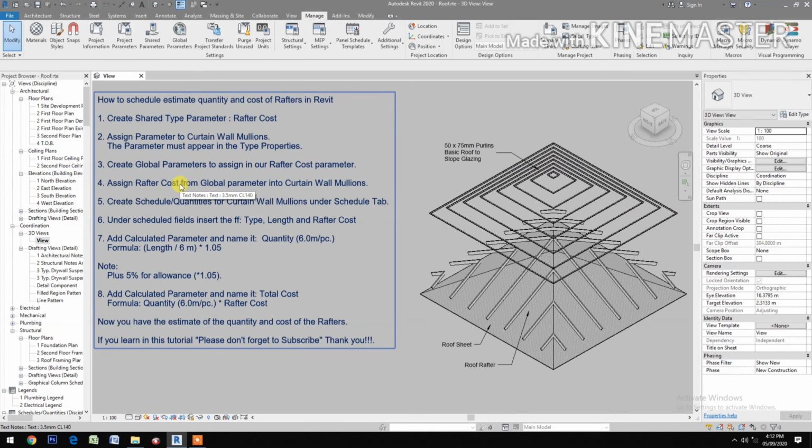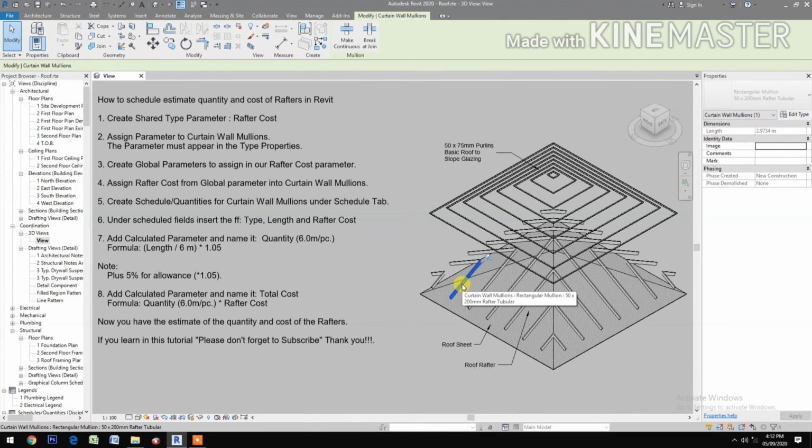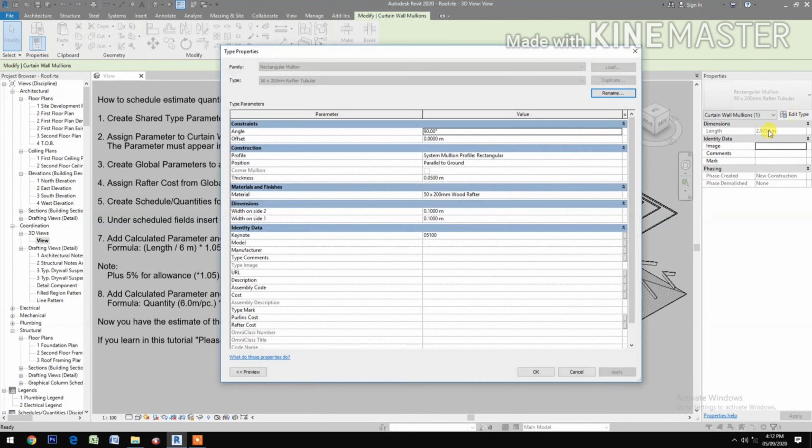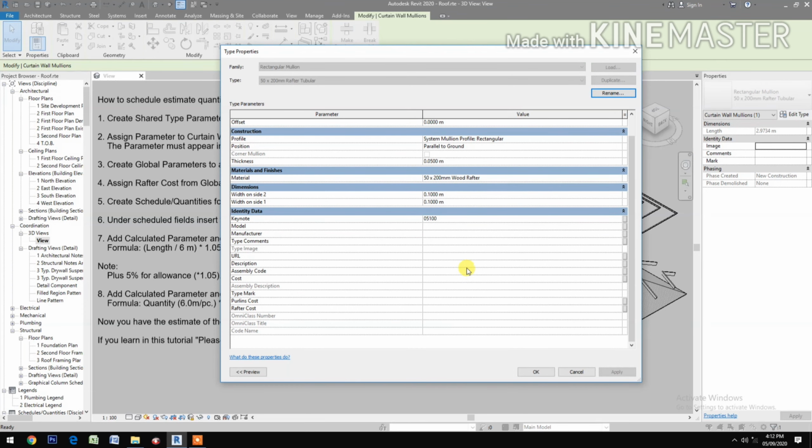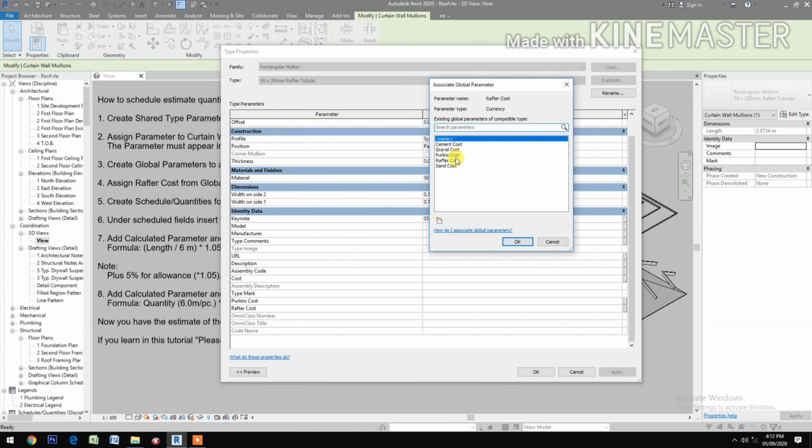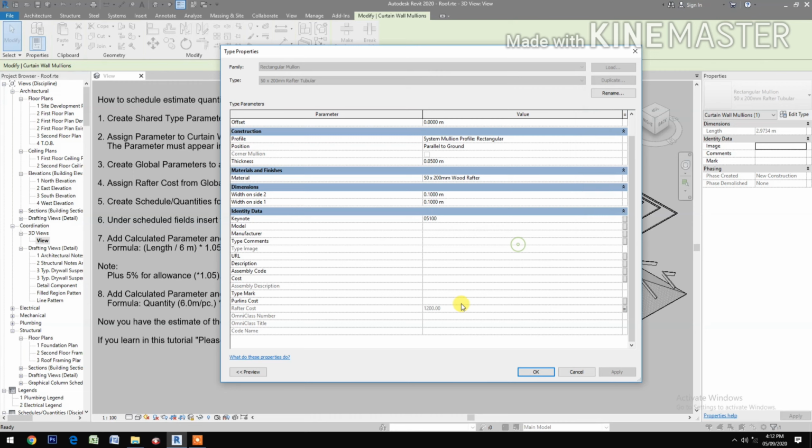then assign Rafter cost from global parameter into curtain wall mullions. Okay, we select the Rafter, click tab to select. Okay, then we go to edit type, check Rafter cost. Okay, pick Rafter cost. Okay, now we have the price inside the